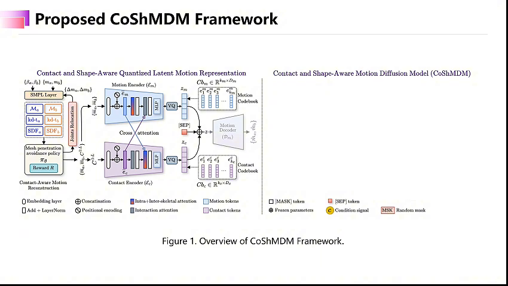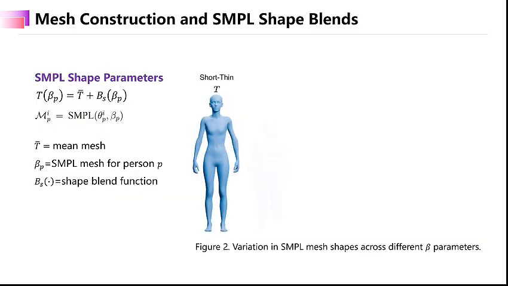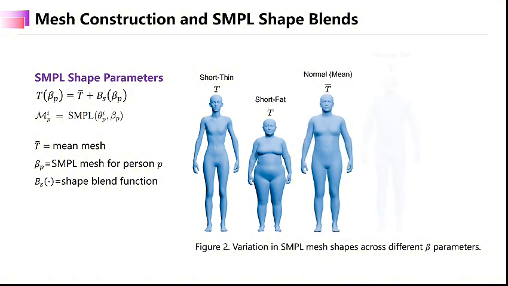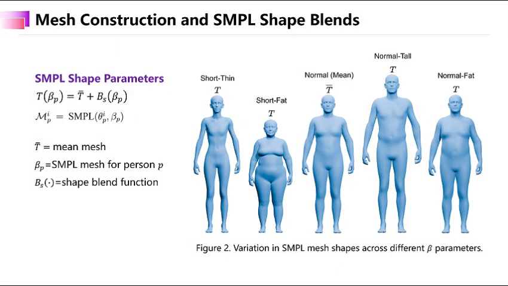interaction. In the second stage, the learned motion representation trains a motion diffusion model conditioned on the text prompt and SMPL shape parameters. A frozen motion decoder finally produces the final interaction sequence. We explicitly incorporate SMPL shape parameters, enabling motion generation that generalizes across diverse body shapes instead of a fixed canonical mesh.